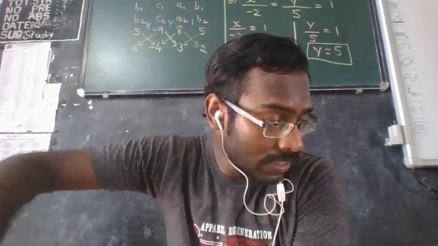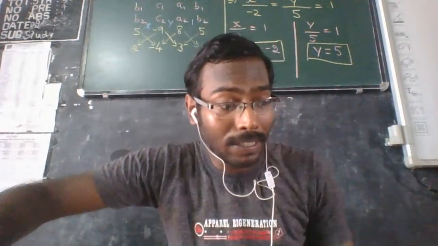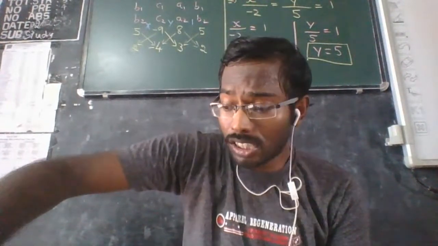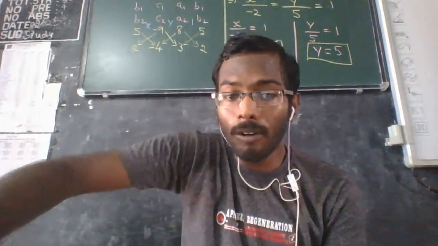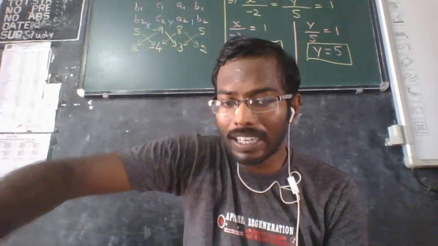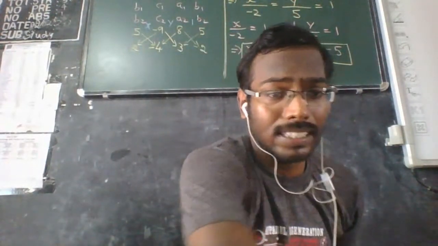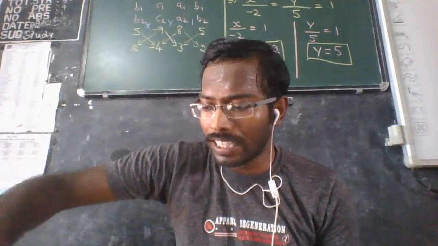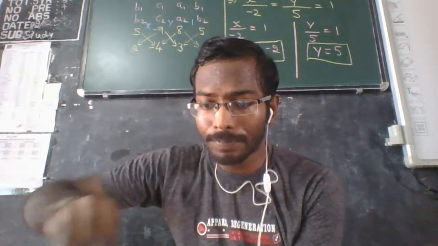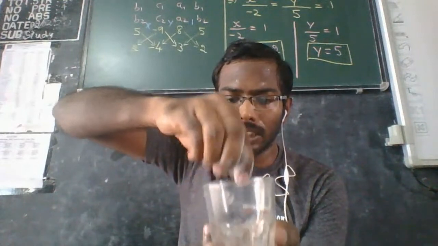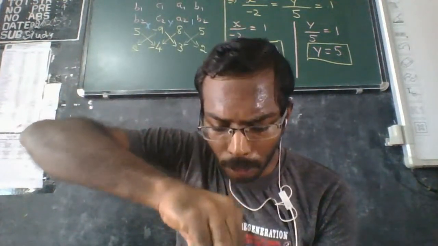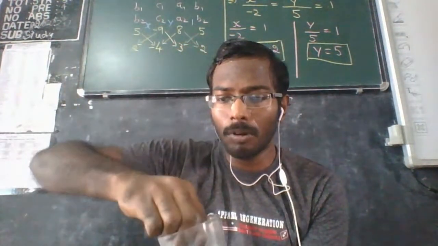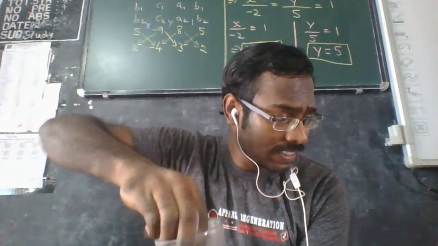Okay, so now we are going to study about suspension. Suspension is a heterogeneous mixture. A good example for suspension is chalk solution or sand in water. When you mix sand and water, that is an example for suspension. Chalk is a very well known example for us. So now I am going to prepare a chalk solution. I am powdering the chalk, then I will add the water. It's an example for suspension.